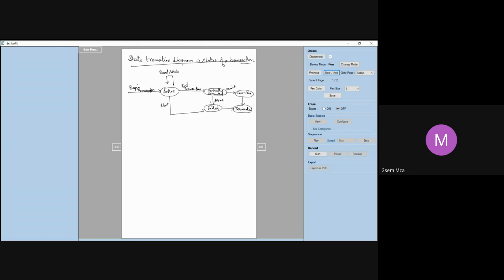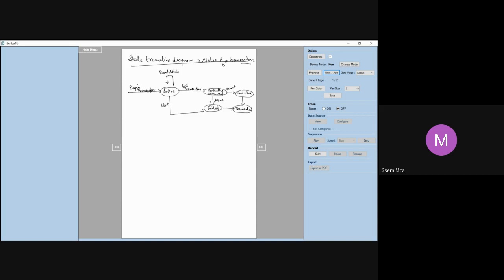Okay, see now this figure shows a state transition diagram. State transition diagram means what? Any particular transaction will always be in one of the states. For example, you would have learned this in the case of a process, right? You would have learned about the state transition diagram of a process. That means a process will always be in one of the states. Either it is in the idle state, the running state, the waiting state, or the terminated state, something like that, right? In some particular state, it will be there, right?